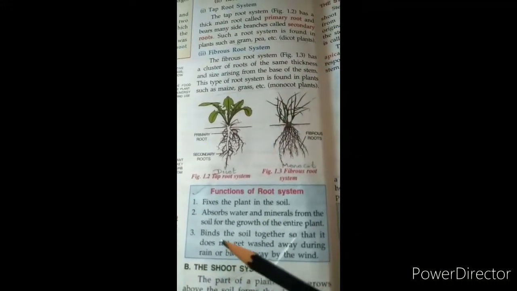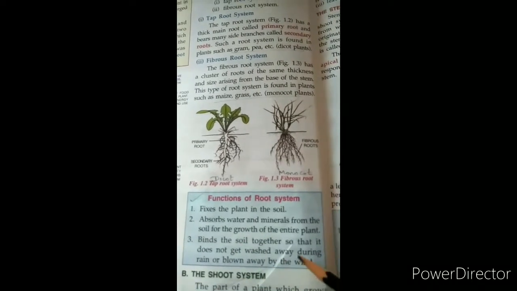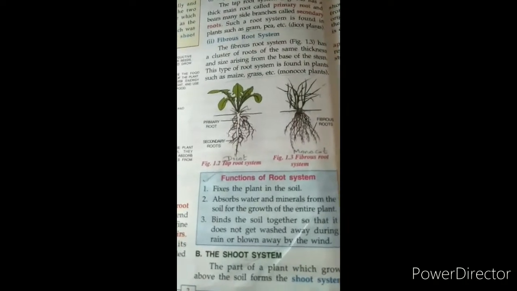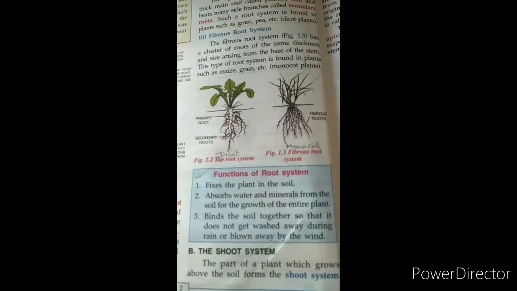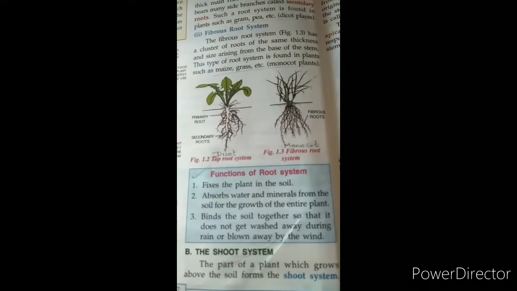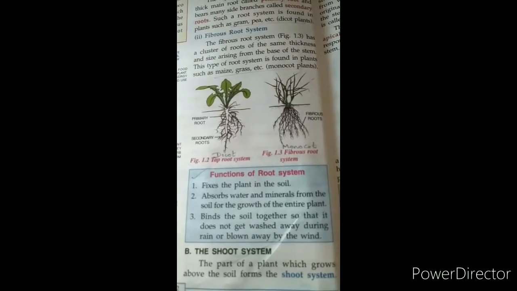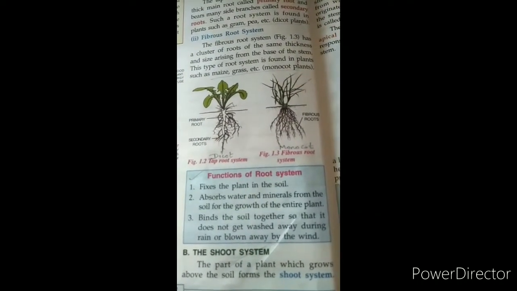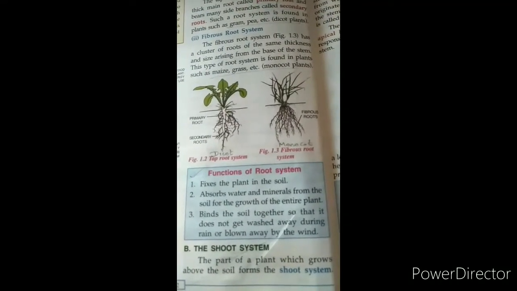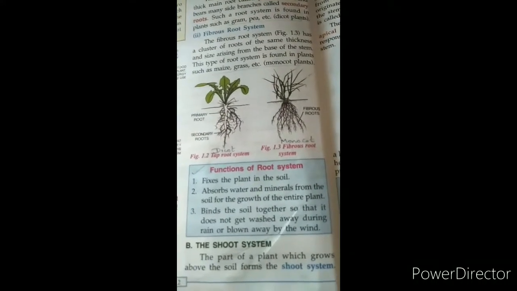And the third one we find here, binds the soil together so that it does not get washed away during rain or blown away by the wind. So we know that on barren land where there are no plants or grass, it is easy for soil to get eroded when there is wind or a strong current of water flowing. But if that land has a lot of grass and trees on it,